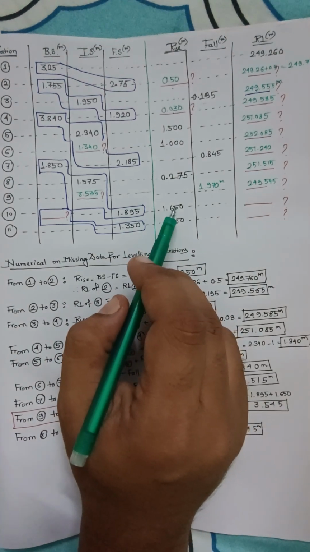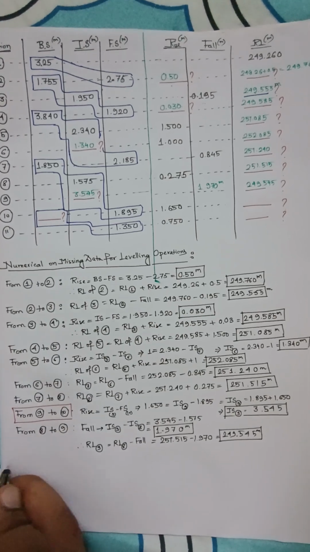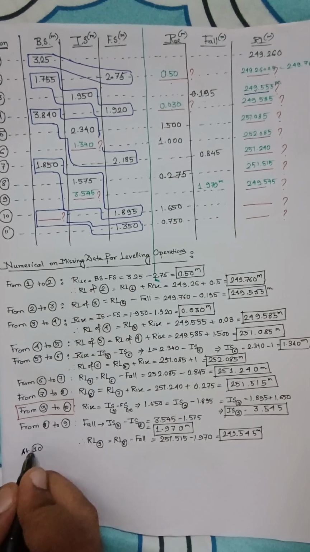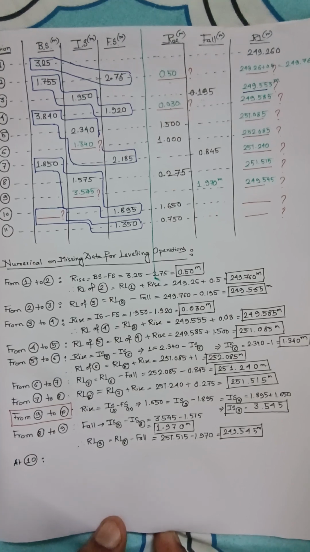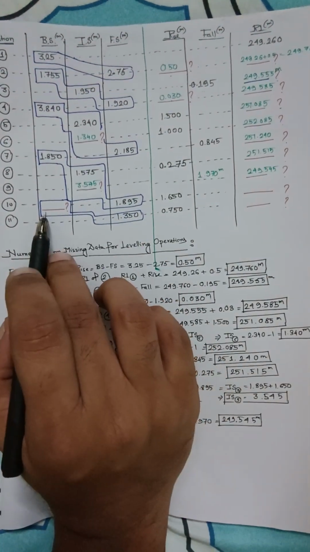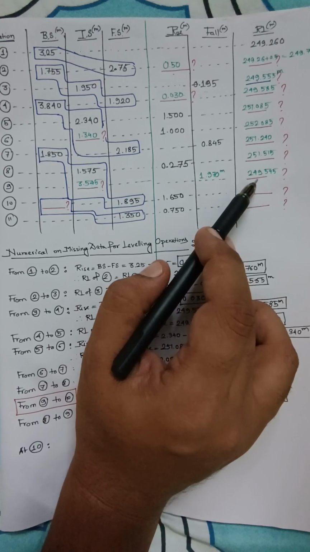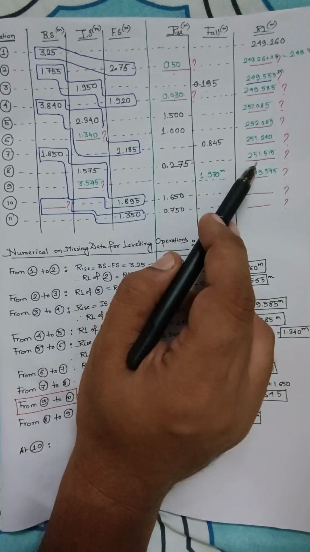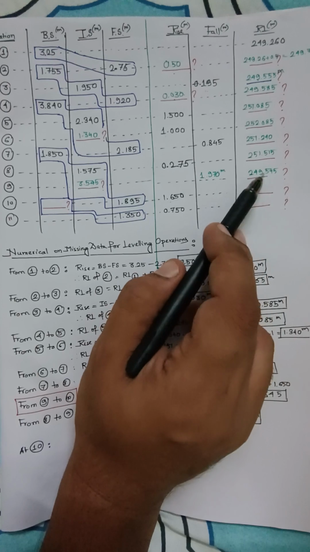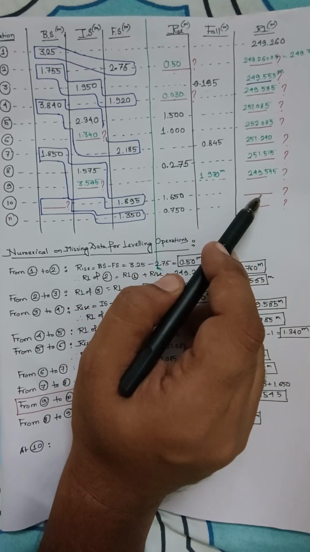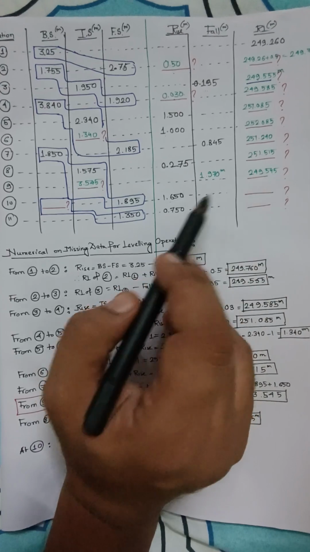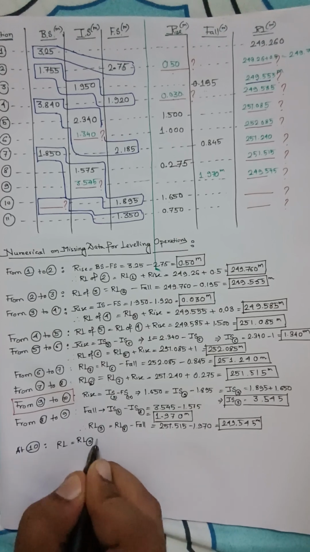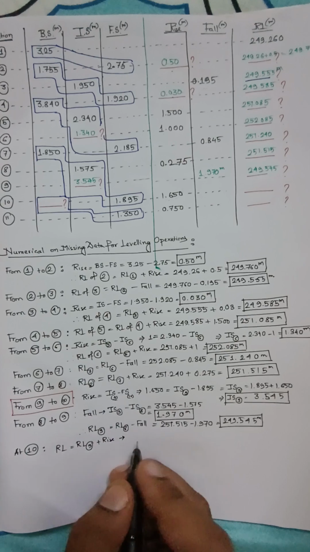Now come back to this at 10. The language has changed a little bit. At 10, what do you have? You have one previous RL. You already have a new rise. So using this, you can literally find out this. It has risen. That means the RL of the new one has to be greater than this. 249.545 plus 1.65. So RL is equal to RL of 9 plus rise, which is